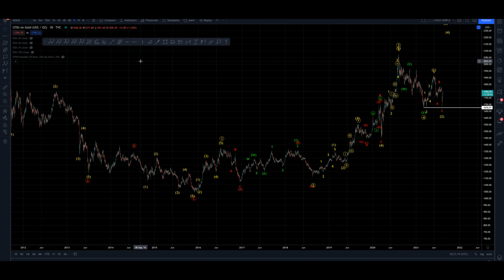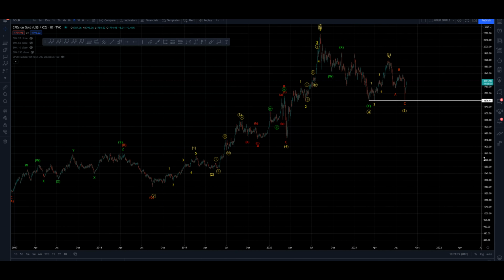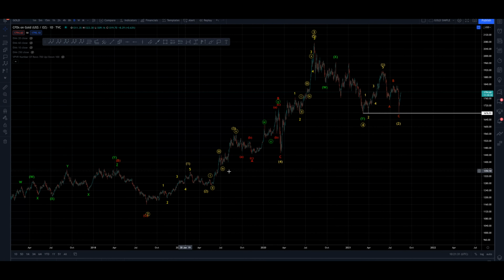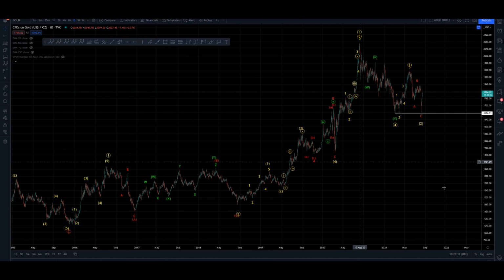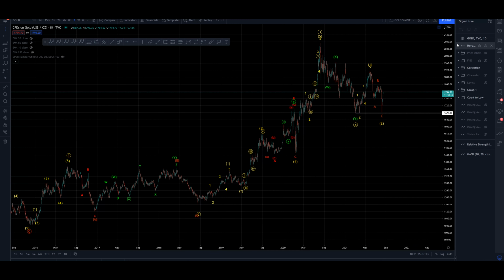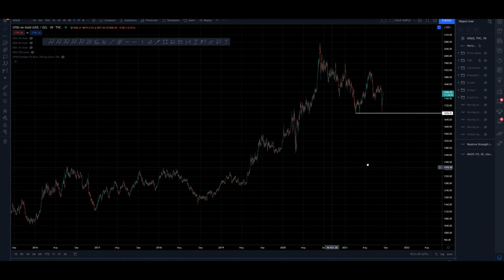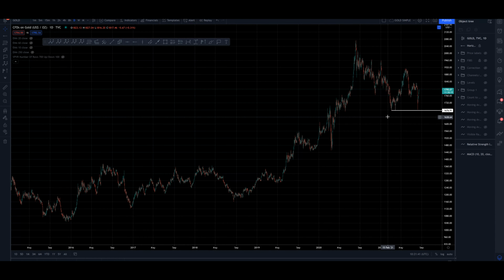We're here looking at the Elliott wave count, my simplified Elliott wave count on the daily time frame, looking at gold. We can see everything from 2012 on the left hand side of the screen to present day. We're concerned with the current count over here, and we're going to dig our way through all of this and try to figure out what's going on. But first of all, let's just get rid of all the labeling for a moment, because I want to look at things in a really simplified